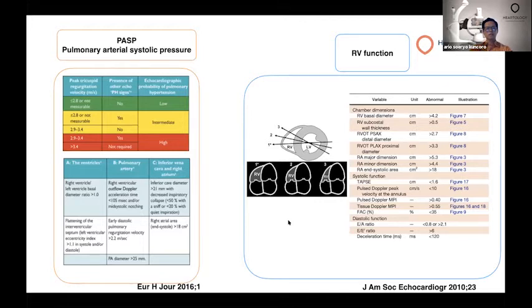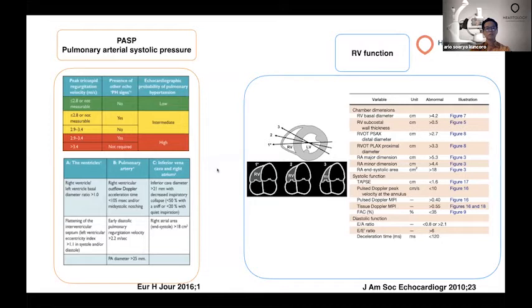And the echo also should be measured routinely for the estimation or evaluation of pulmonary arterial systolic pressure, and also the function of the right ventricle, which should be done routinely for any cases of or suspected heart failure. As you can see here from the recent guideline,